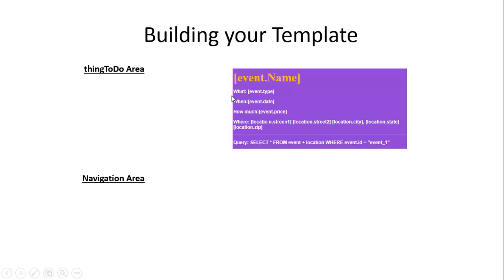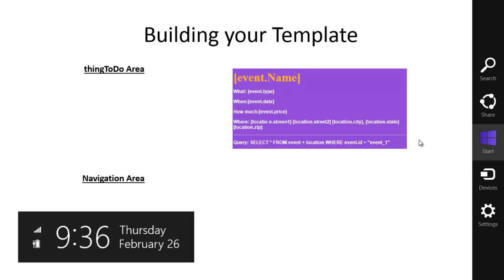Notice I have some words in here that are going to repeat over and over again. The what, the when, the how much, and the where are always going to be the same, but the event type could be different, the event date could be different, the event price could be different, and the location could be different. So here's my little query: select star from event and location where the event ID equals event 1. And now I'm going to fill that in